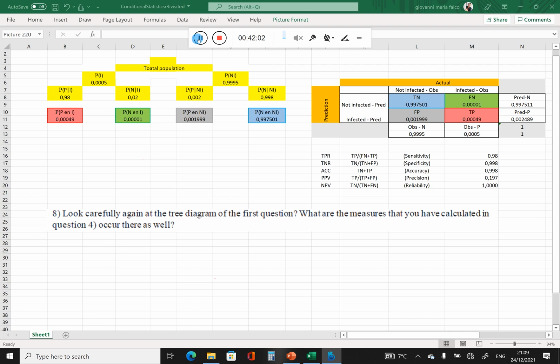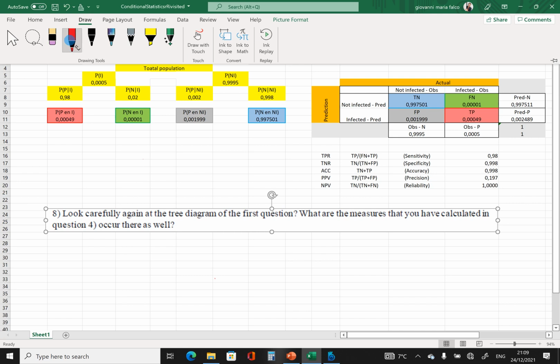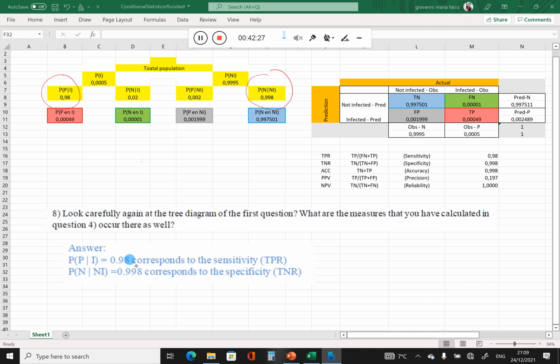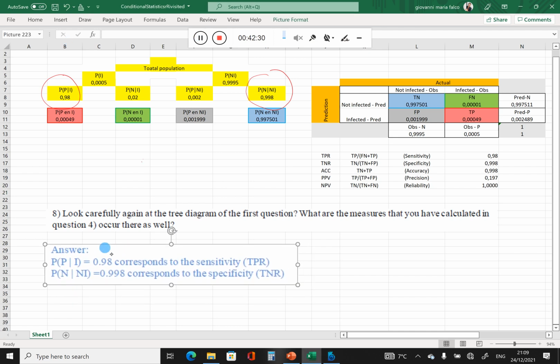Here you recognize the probability to get a positive test result given that you are infected, and here the probability to get a negative test result given that you are not infected. You will probably recognize here the definition of specificity and sensitivity,